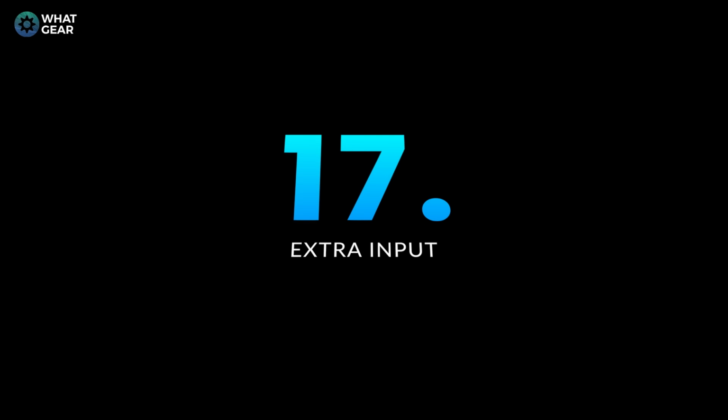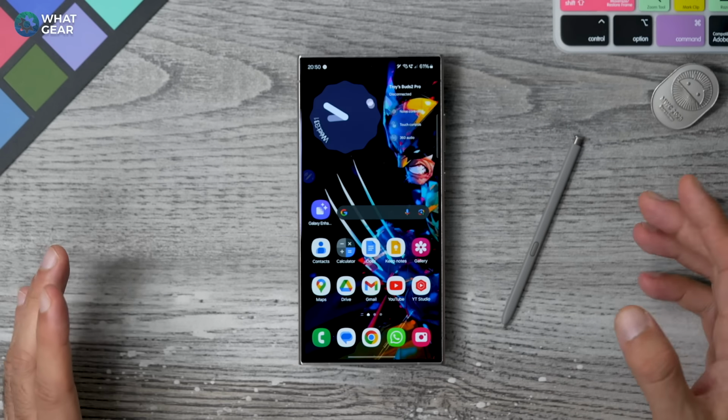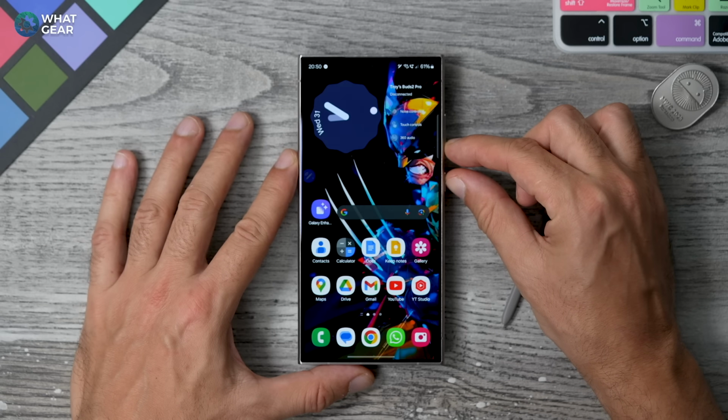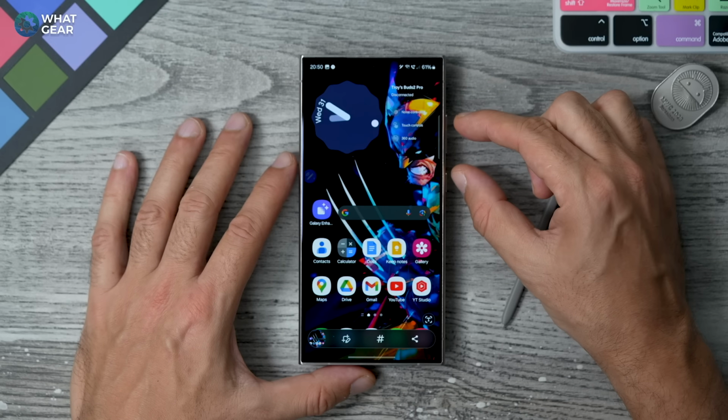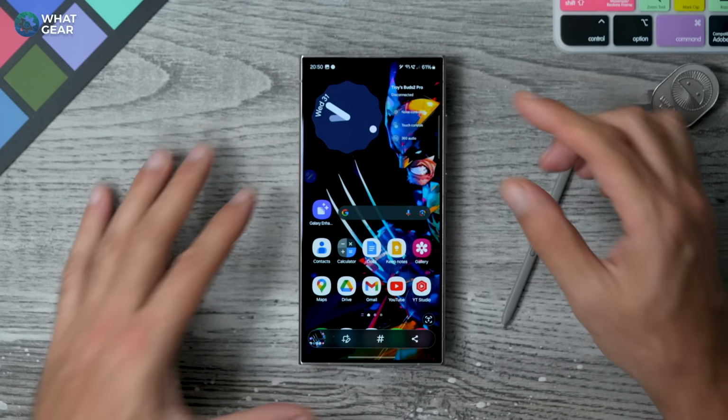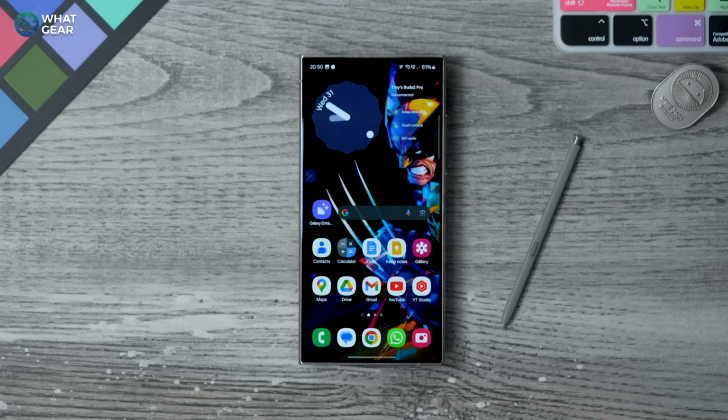So if you followed along with my other tutorials and this one, right now you've probably mapped a bunch of new features to the power key, and you probably already know if you push the power key and volume down, you do a screenshot. But right now, if you hit power button and volume up, it doesn't do anything at all, but we can change that.